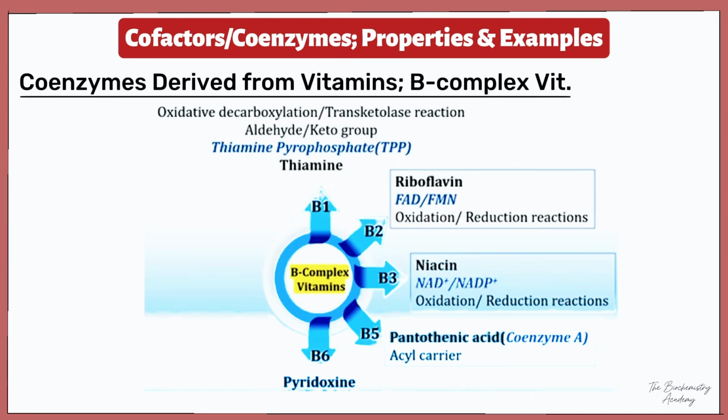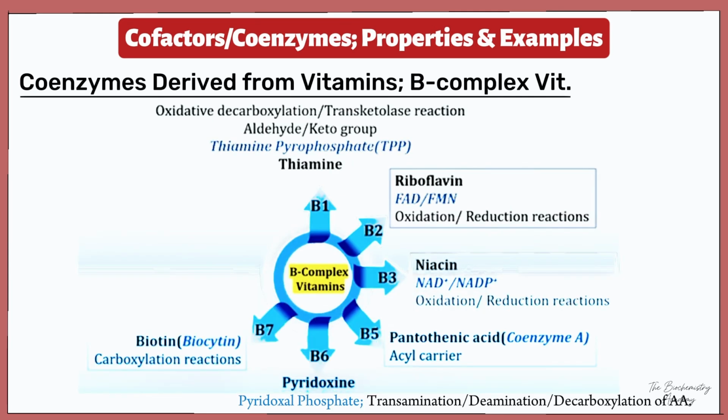The coenzyme is pyridoxal phosphate, and it is required for transamination, deamination, and decarboxylation of amino acids. Then the vitamin B7, also called biotin. The coenzyme is biocytin, which is required for